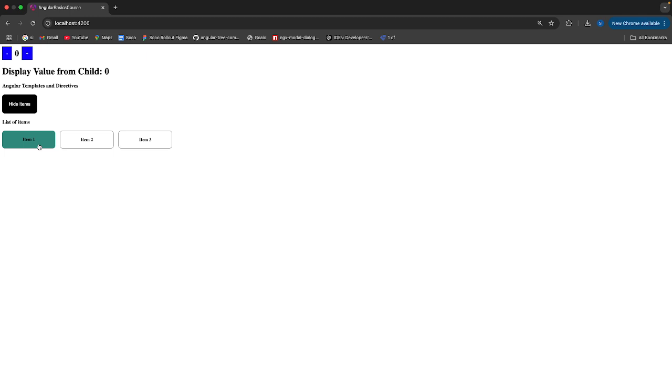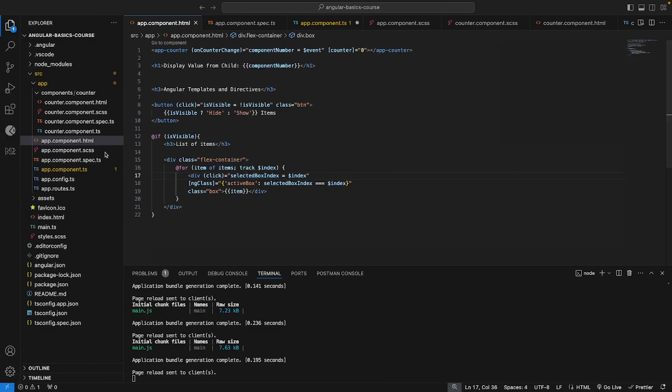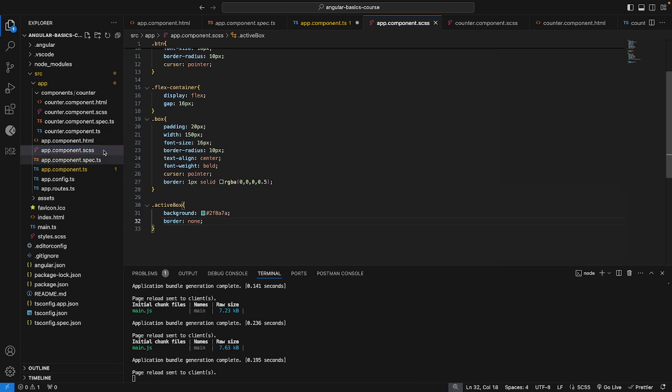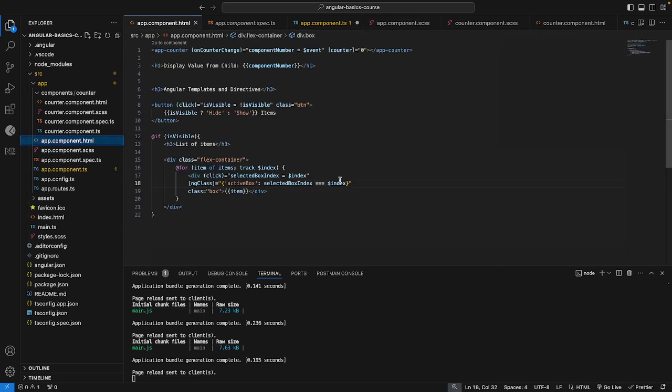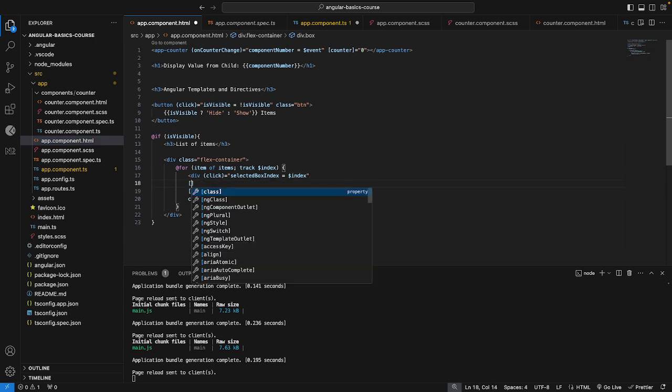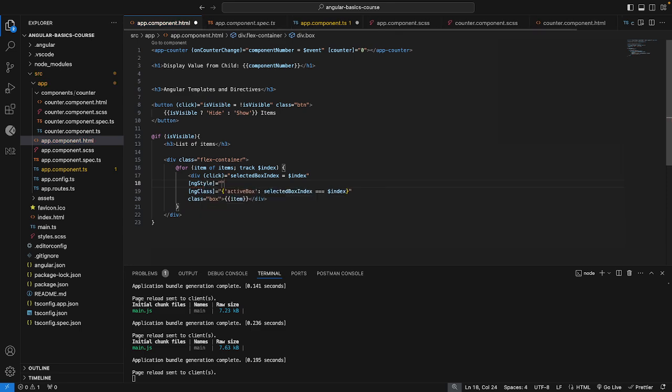But one thing you're seeing is the color of the actual text inside the box is still black, right? So we would want to change it to be white if the active state is white. You could do that using this. You could come here and set it to white, but I'm not going to do that. I'm going to use another attribute, the ngStyle attribute directive,